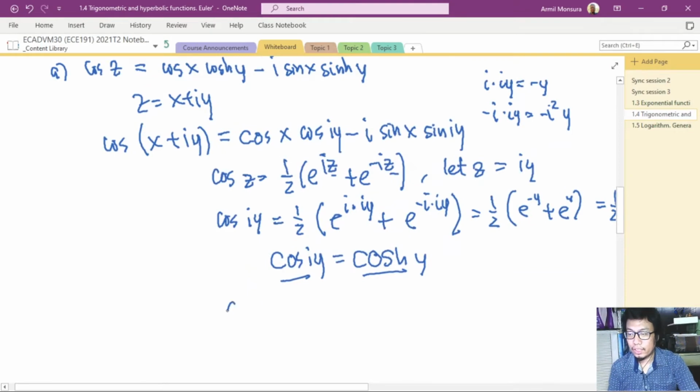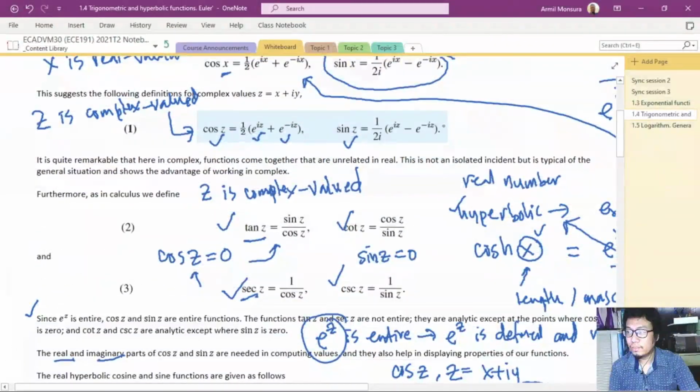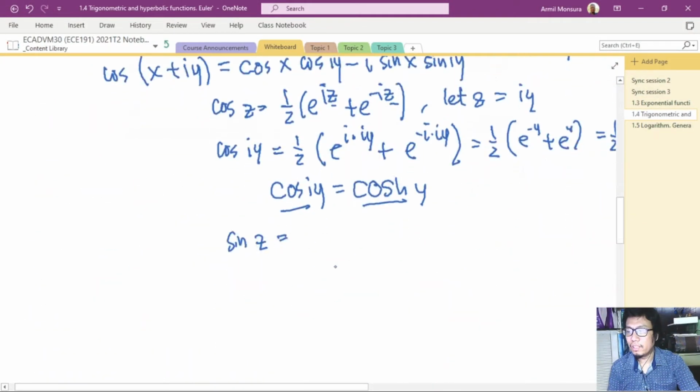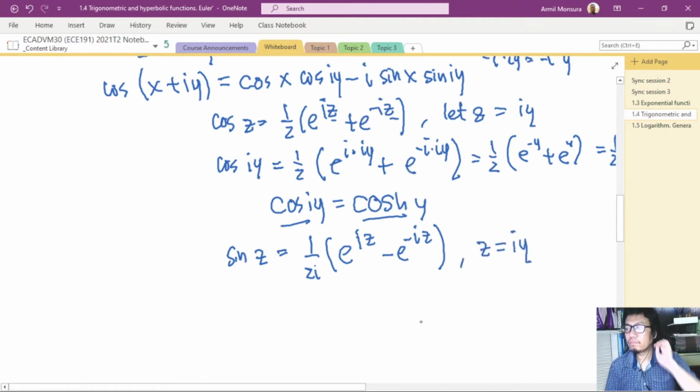Okay? Again, we will start with sine of z as established in the previous formula. This one. So established here. Okay, so we have here 1 over 2i times e raised to iz minus e raised to negative iz. Then again, we will have to let z equals iy. Okay? So we will have now sine of iy equals 1 over 2i times, so this becomes the exponent here